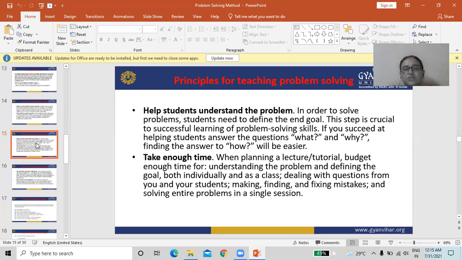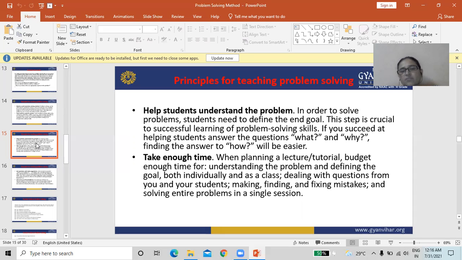Help students understand the problem. In order to solve a problem, students need to define the end goal. This step is crucial to successful learning of problem solving skills. If you succeed at helping students answer the questions what and why, finding the answer to how will be easier.